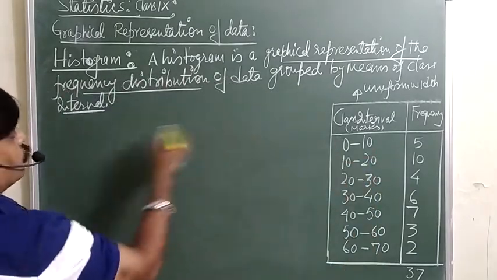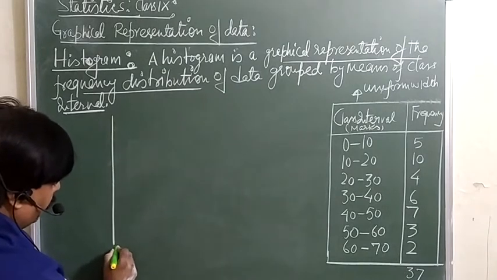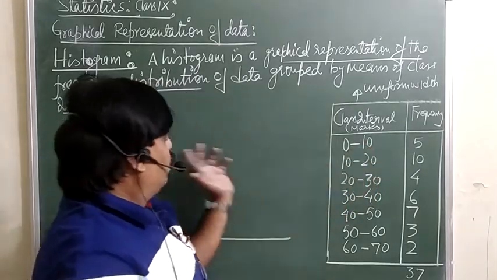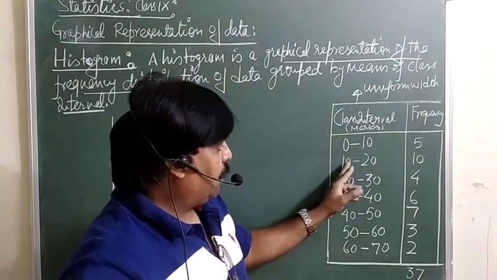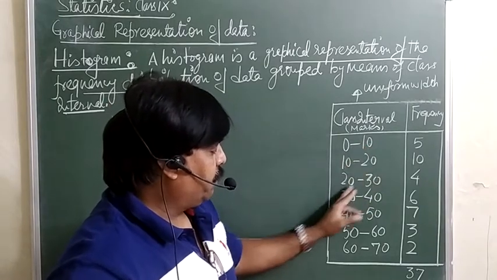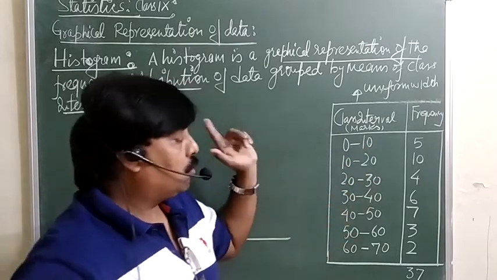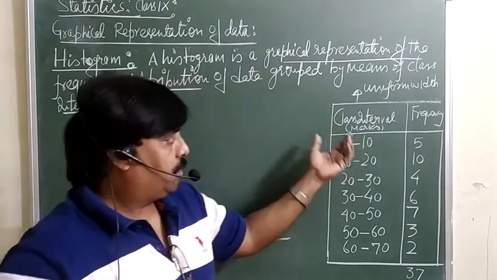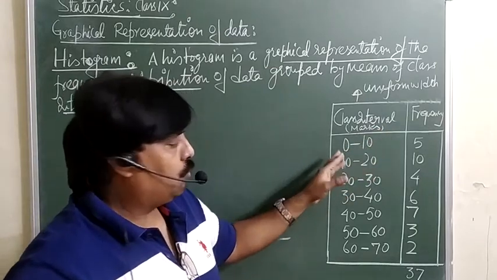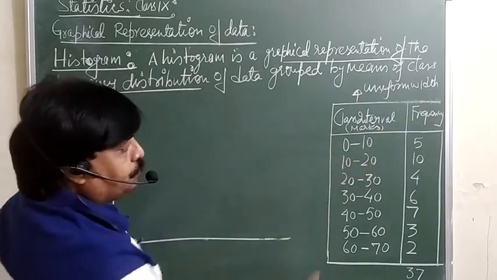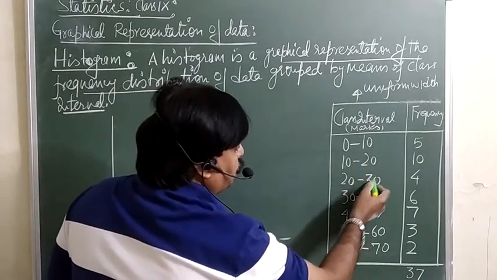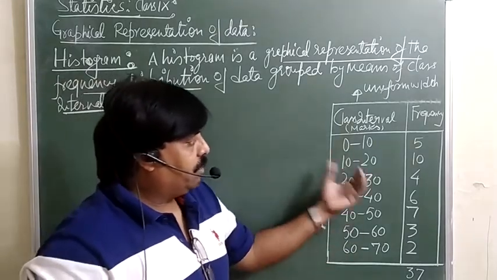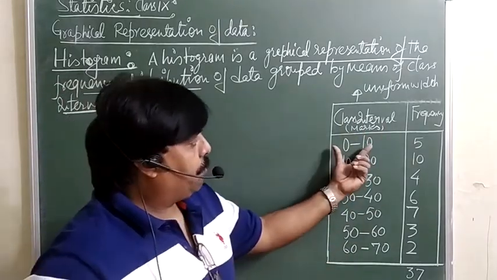See, you are supposed to draw one horizontal and one vertical line. And the important point is this: if you want to draw the histogram, then the upper and lower limits must be included. The types of distribution, exclusive and inclusive, have already been discussed. You can go to the playlist and watch that video, where I already discussed exclusive and inclusive distribution. See, they must coincide. If they do not coincide, you are supposed to make them coincide, because for the bars, the rectangles which you make, there should be no gap between them.